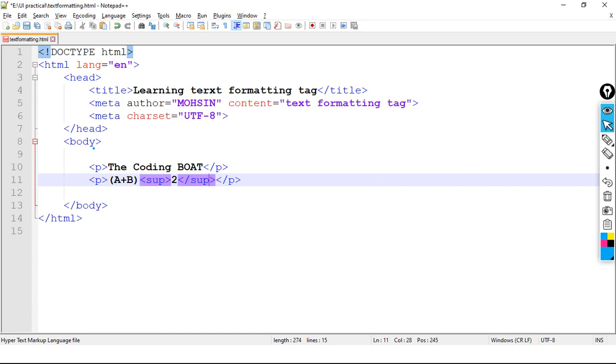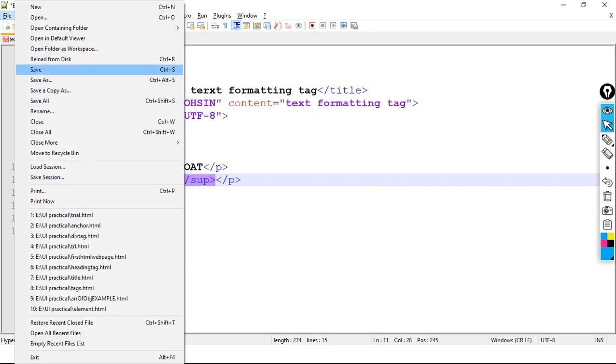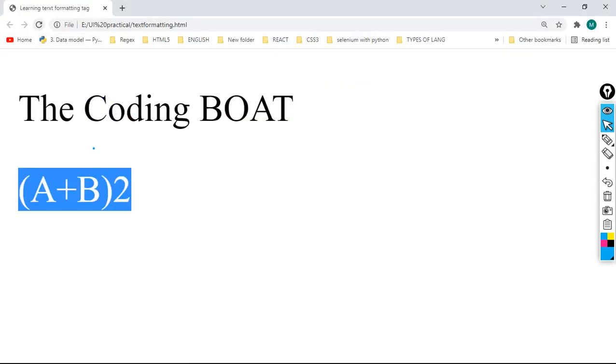Now I am saving the code and let's refresh. See here how it is coming, (a plus b) square. Now it's coming as a square, correct.